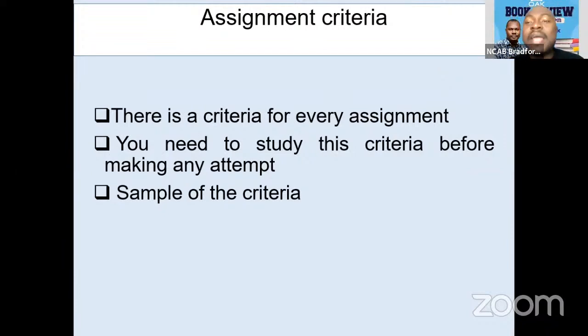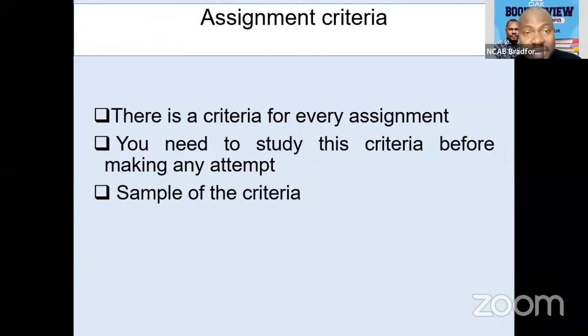The criteria is my expectation. For example, if I give you an assignment, I will tell you what I'm expecting from you, and my expectation is that criteria. When I'm marking, I will place my criteria side by side with your assessment, and I will use it to mark you. It's just like a marking guide. So your assessment criteria is just like the marking guide. Please make your assessment criteria your friend.